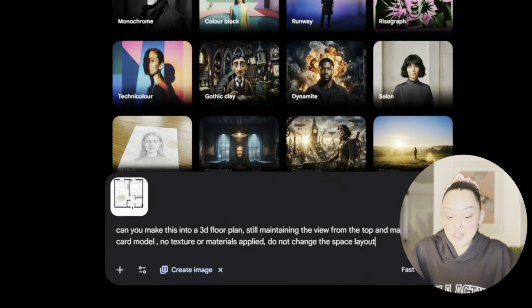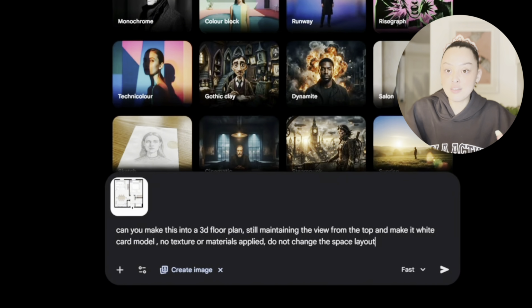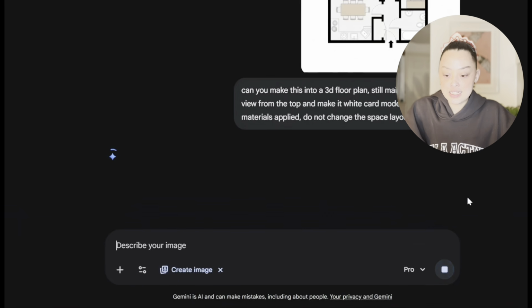layout. You always want to make sure that you tell the AI, do not change this specific thing if you don't want this to be changed, otherwise they don't really understand it. So always make sure what you don't want to change. And now I'm just going to make sure this is in the Pro setting, and then let's hit enter and see